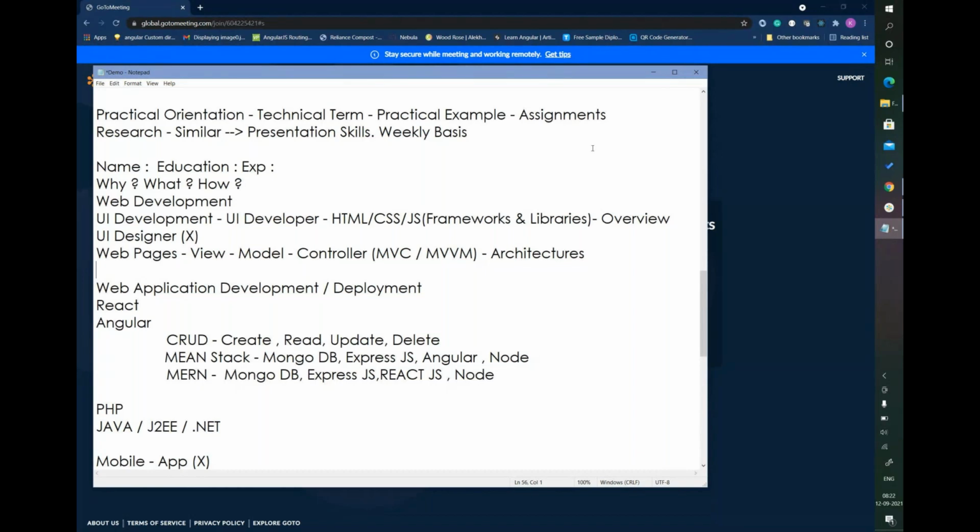I'm searching for a job and I have basic knowledge of Java and SQL as well as Python. Also, I want to learn Angular. One of my friends suggested this program and I want to learn. I'm interested in this course.